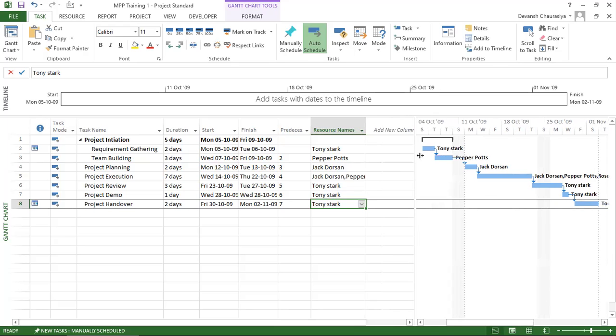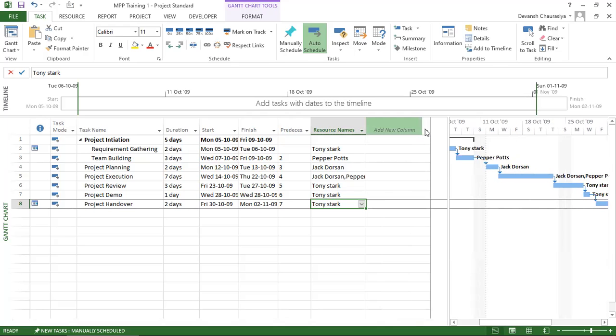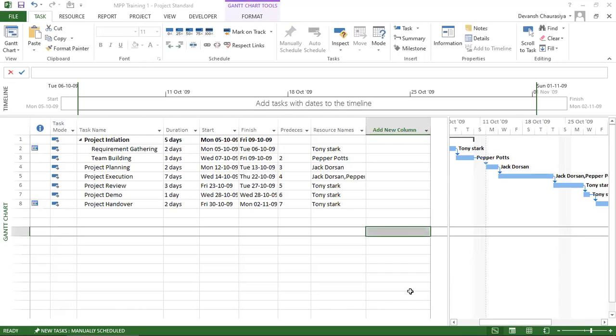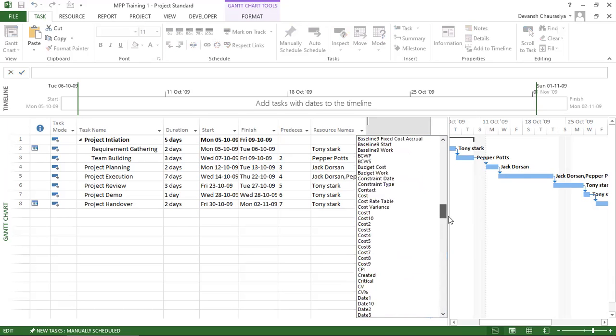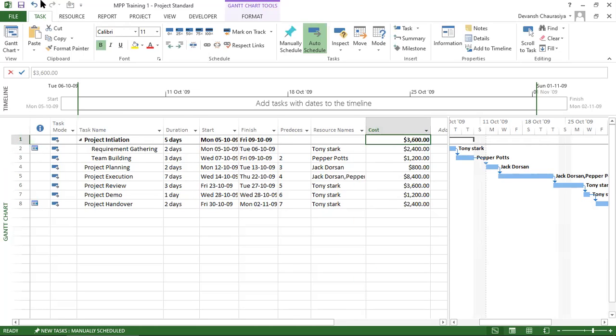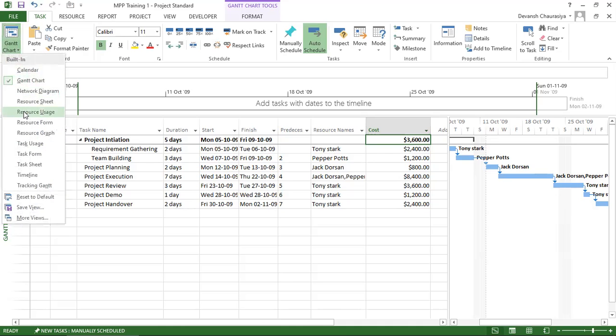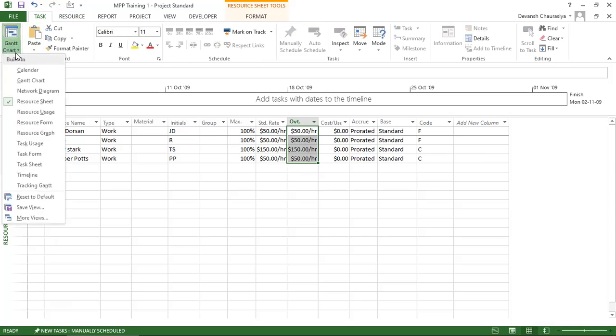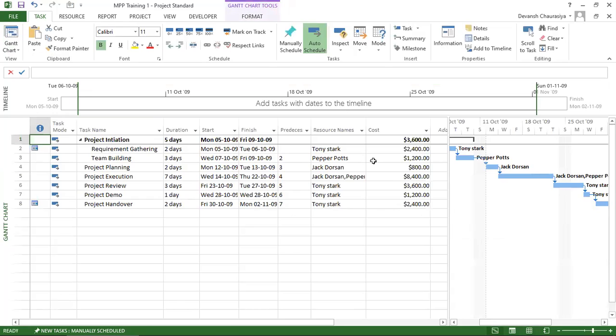Now, how do I check the cost? For that, I add a new column. From the new column, I can click on this drop down and I can look for cost. Right here, cost. Now, as in the resource sheet I had added my cost, it automatically calculates and gives me the cost.